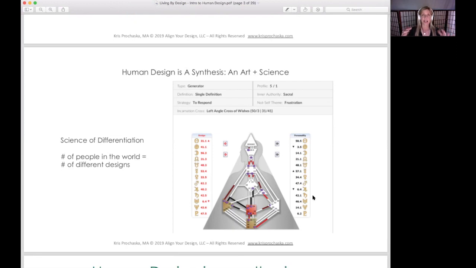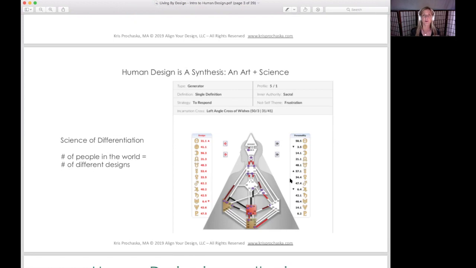But again, it's not just about lumping someone into, oh, I'm a generator type or whatever, or a builder type. There's so much more, because I have clients who could look very similar to me, be a generator, a 5-1, a sacral authority, and have a completely different design. This is my design right here. It's completely different. And they have a very different experience and expression in the world because of that.